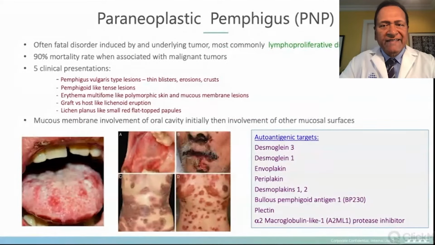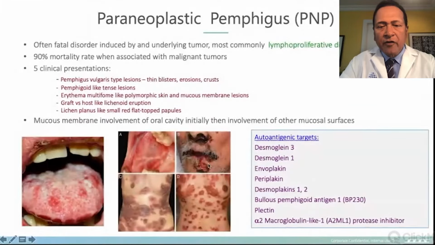I just want to touch on paraneoplastic pemphigus. This is a near complete fatal disorder, over 90% mortality, that's been linked to lymphoproliferative disorders, particularly lymphomas and leukemias. It has a number of different clinical presentations: a Pemphigus vulgaris-like, a Pemphigoid-like, an erythema multiforme-like, a graft versus host-like, a lichen planus-like. And so mucous membranes are usually initially involved, and then going on to other mucosal and non-mucosal